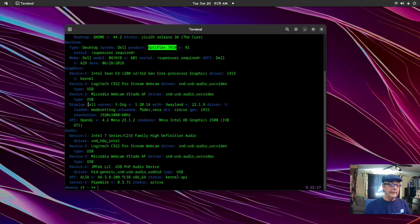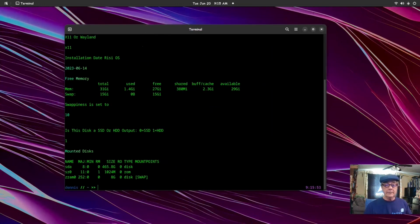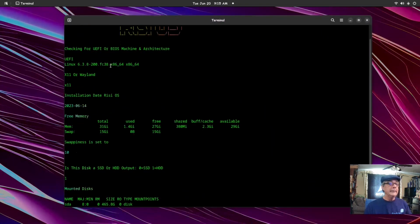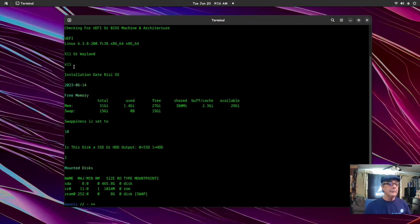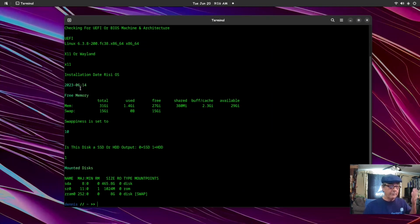On the graphics, I did change to X11, and I showed in the installation why I changed to X11 over Wayland. It's using PipeWire. Let's see what my little script shows here. So RisiOS, UEFI, we're using X11. I installed this on June the 14th. Today is the 20th, so it's 6 days I've been using it, playing in it,